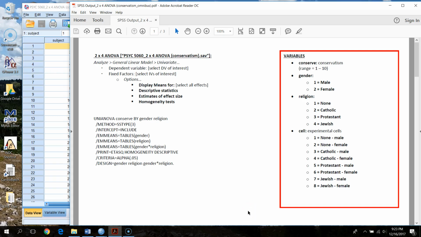All right, everybody. I want to put together a couple of final screencast videos to help out with screening and running through some of these ANOVA designs. The handout and the data set I'm going to be working with in these next couple of videos is going to be the conservatism handout that we passed out but didn't work on, and the 2x4 ANOVA